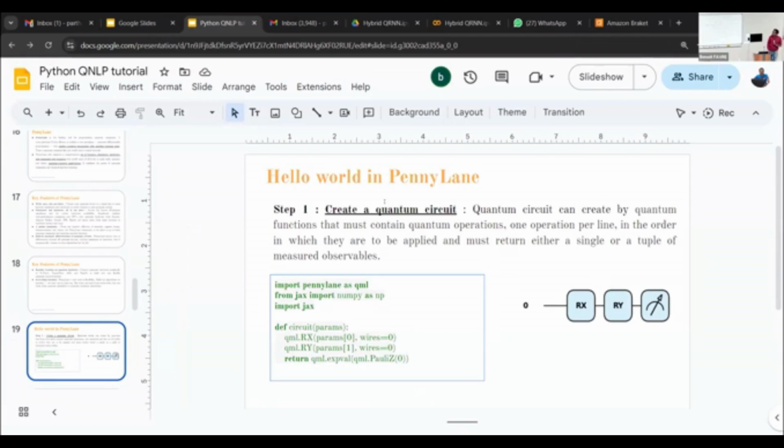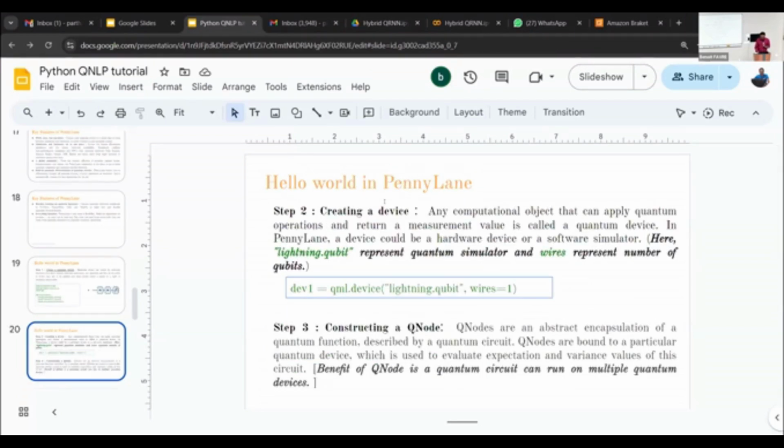Before writing any code, of course we have to start with creating the circuit. Previously we discussed some of the gates, like Pauli X, Pauli Y, and finally the measurement part. You can use that code for creating the quantum circuit. Once you've done that, you have to create the device. Whenever we write device dev1 equal to qml.device, with default.qubit inside,